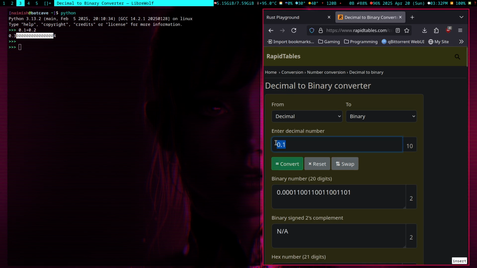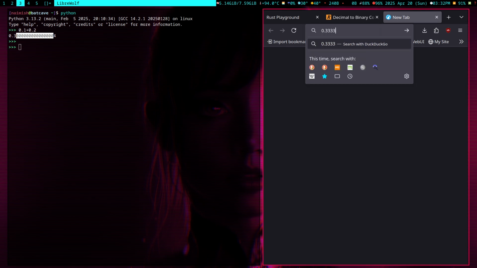So when we convert 0.1 into binary, the result is something like this, and you can see that there is a repeating sequence of 1 1 0 0 1 1 0 0 1. There is a repeating sequence, and whenever we encounter a repeating sequence, whether it be in decimal, for example, 0.33333, what we mostly do is try to truncate it depending upon